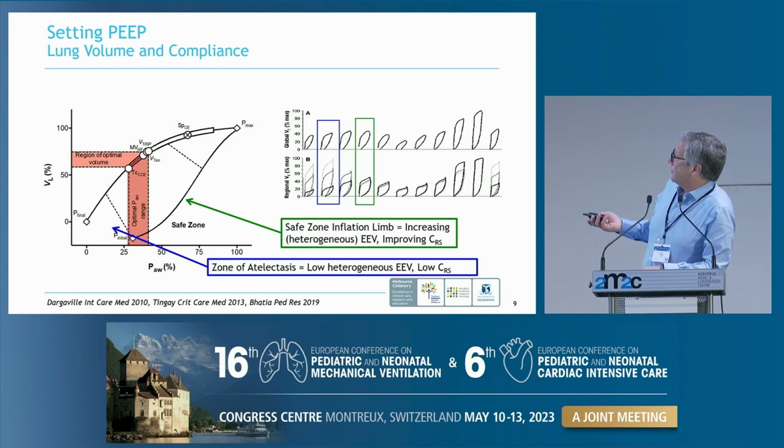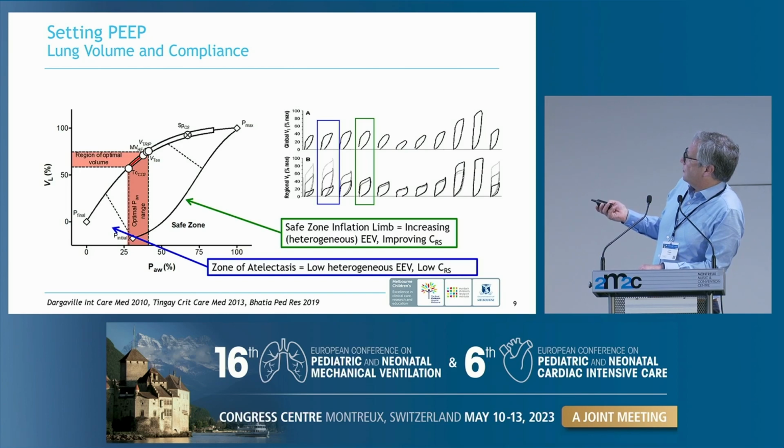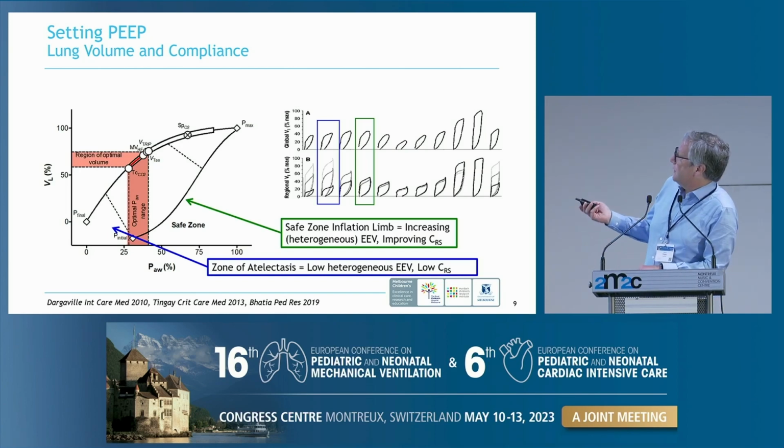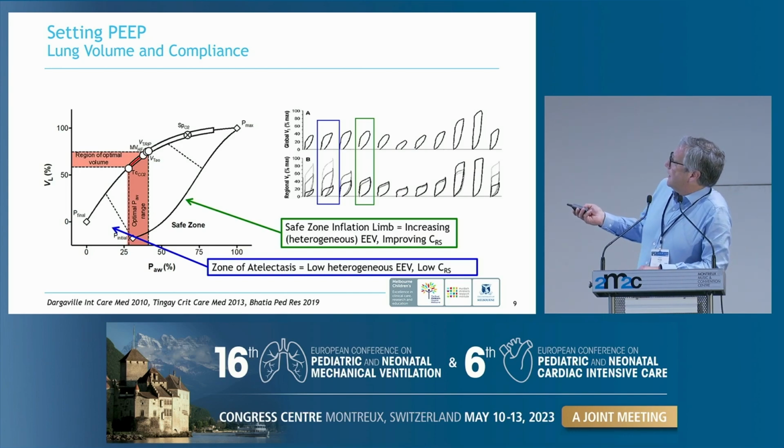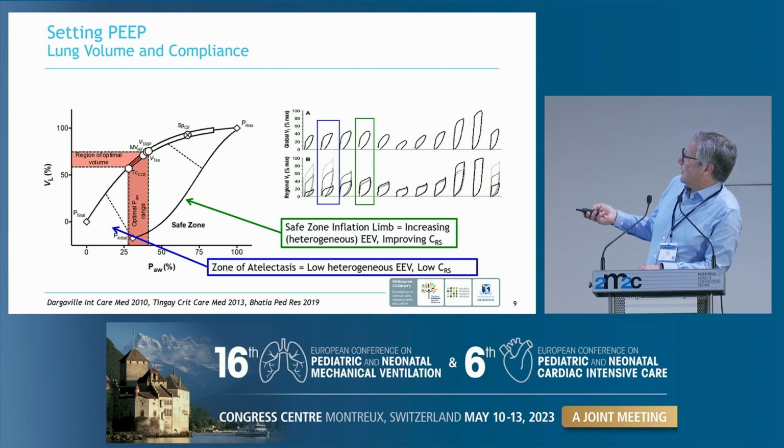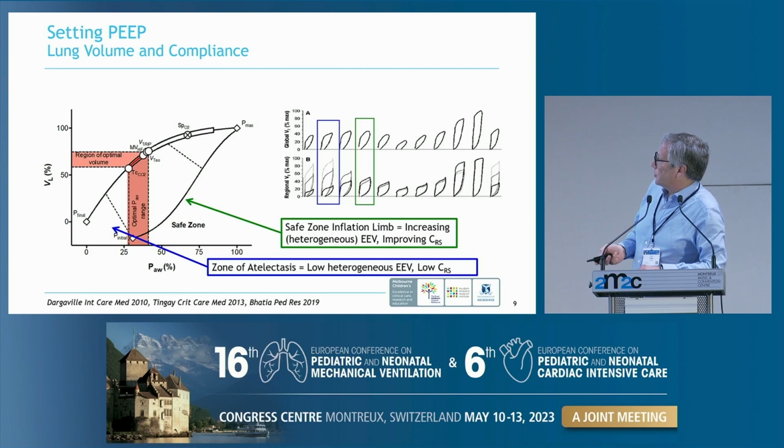who is here in the audience, where they took a series of neonatal piglets with an ARDS type model of surfactant deficiency. They were on a set delta P, and I apologise for those of you here on Thursday morning because we talked about this Wednesday morning, from a PEEP of 0 up to a PEEP of 25 and then down again. And you can see their pressure volume loops as they went from a PEEP that was insufficient and was creating atelectasis through to the opening pressure of the lung, the lower inflection point of the lung, and then up through the zone of recruitment on the pressure volume limb.